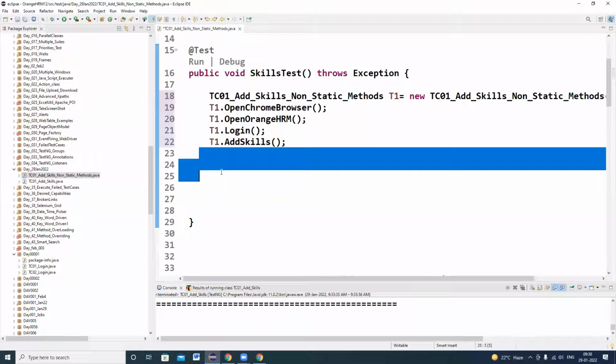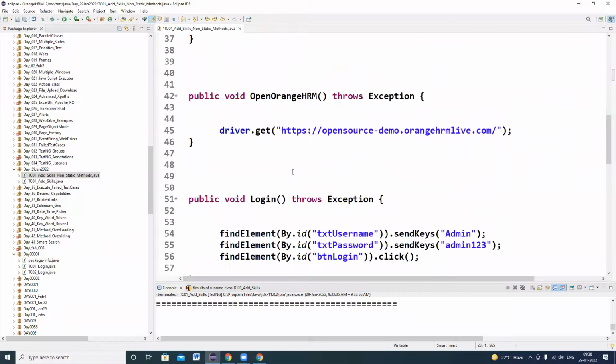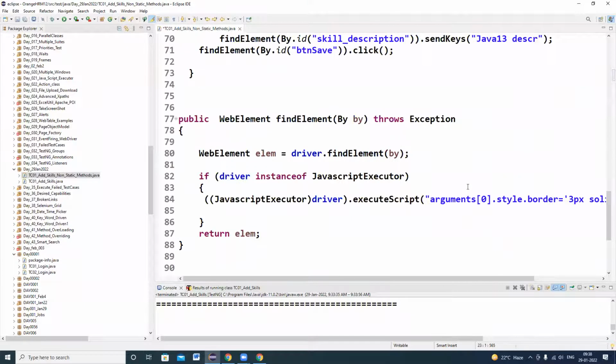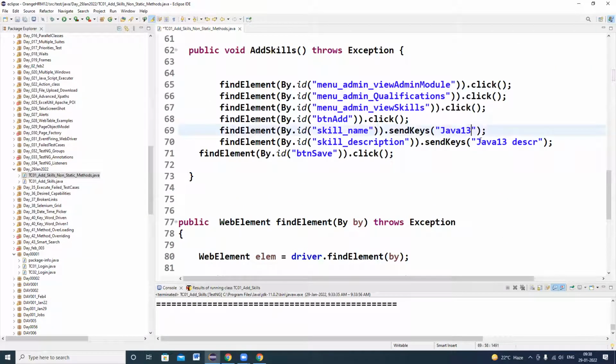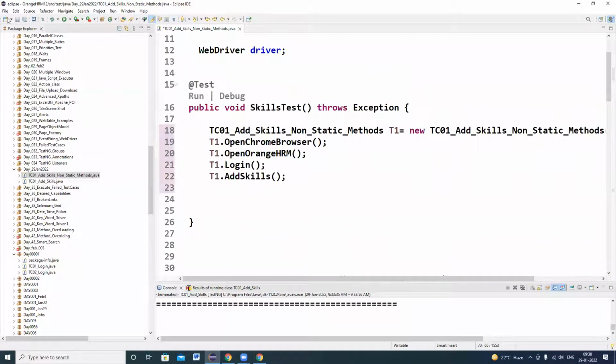Okay, so that's it. And I need to go and amend the input values in Java 1.3 because previously I already executed. So I'm changing Java 1.4. If I execute my program, the set of methods can be invoked from the main test and the corresponding lines of code will be executed.